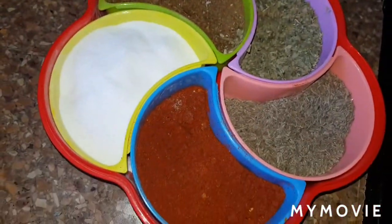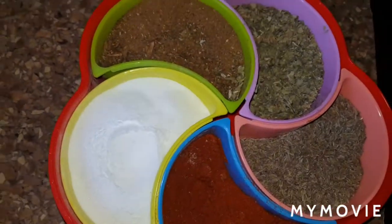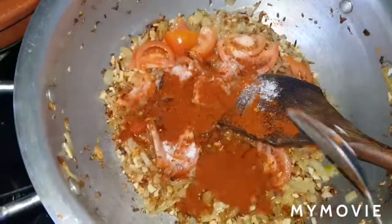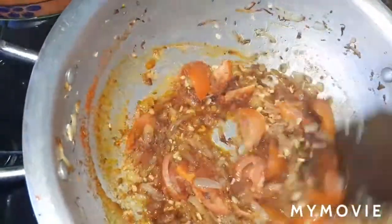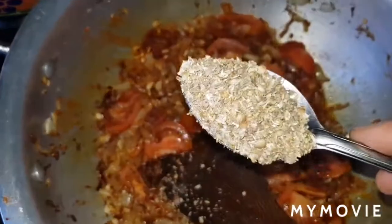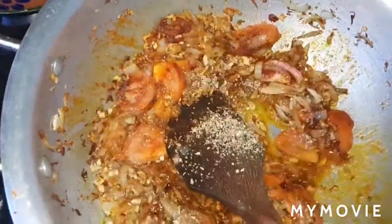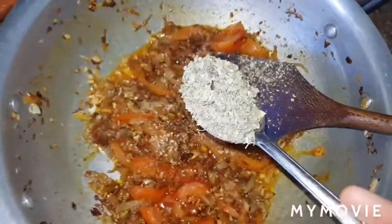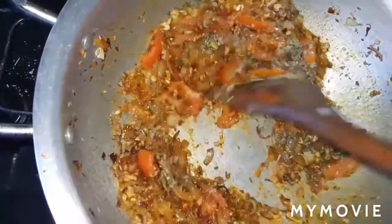And now this is spicy. Salt, half tablespoon salt. And 1 tablespoon chili powder. And then we mix it. And now after you put it inside, because we make it coriander powder. And then this is 1 tablespoon. And then after you put inside coriander powder, and then after you mixing,